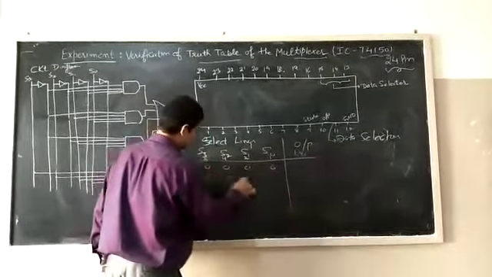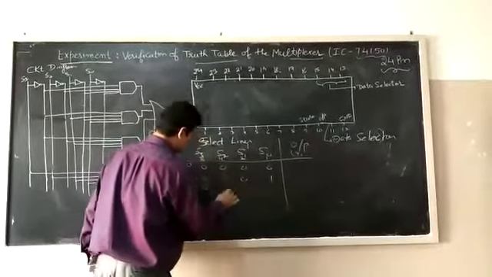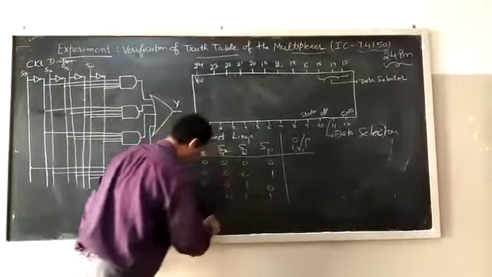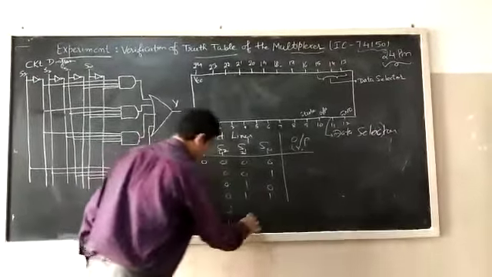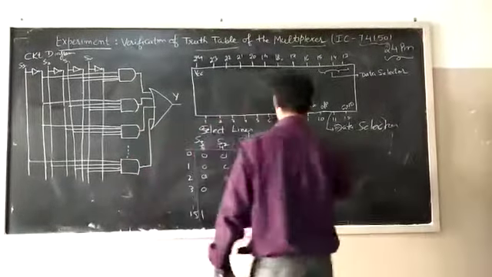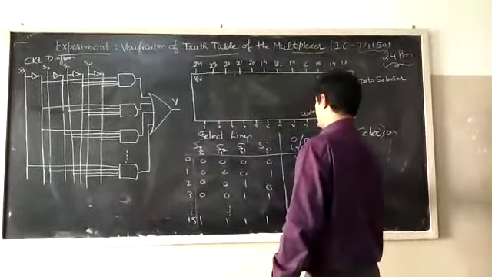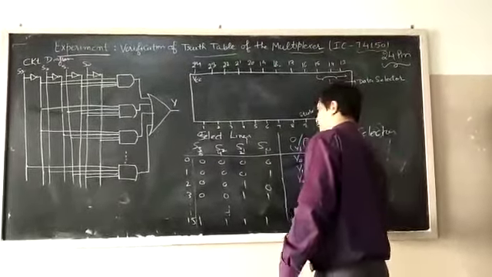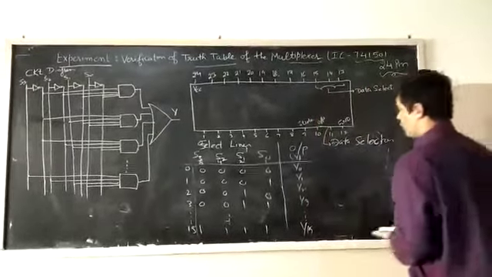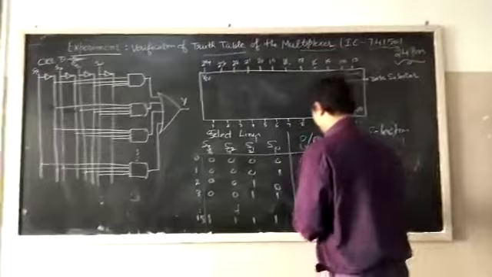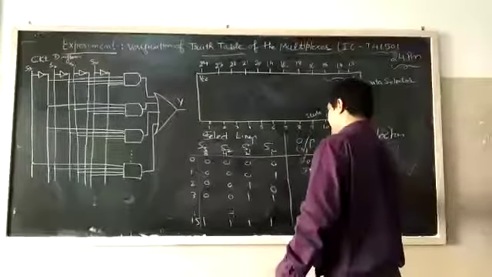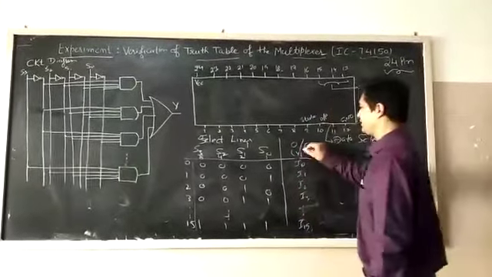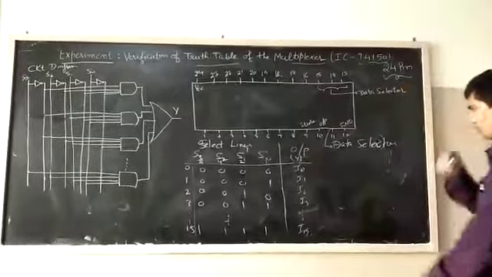If it is 1, this is 0, 0, 0, 1. If it is 2, it is 0, 0, 1, 0. If it is 3, 0, 0, 1, 1. And the last one, 15, means all ones. And it would be for Y0, Y1, Y2, Y3 and so on. Rather than Y, since we are taking the output, the inputs are I0, I1, I2, I3 and go up to I15, so that there is differentiation between the input and output.